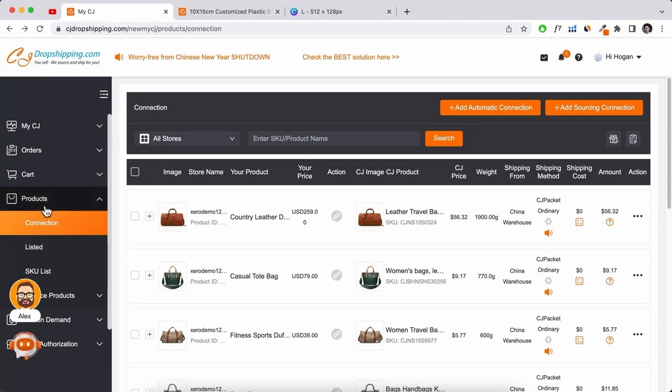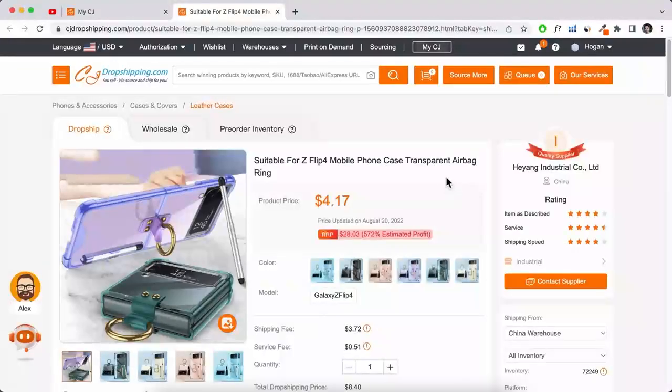So the other thing I want to talk about is, so right now we're on the product page for the Flip mobile phone case. So on the top here, you've got the different tabs. So what you can actually do if you're selling well, or perhaps